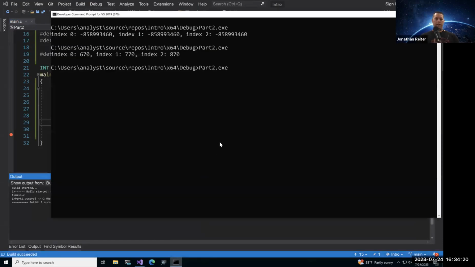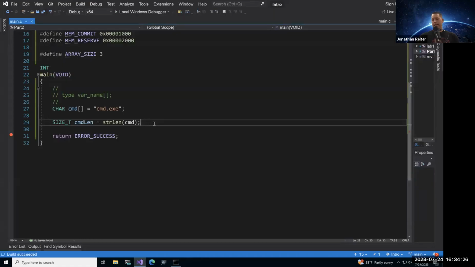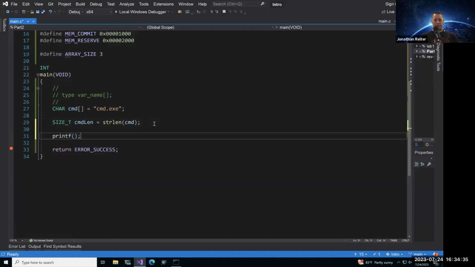Waiting for my build to succeed there. There we go. Haha. Okay, yep, got nothing, right? Hopefully y'all got nothing either, because I missed the printf statement. So let's go ahead and add that.